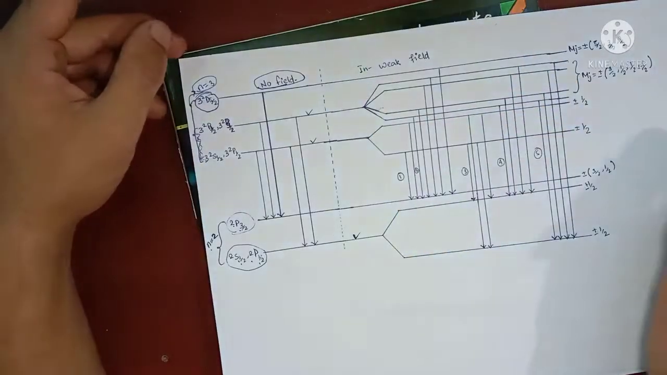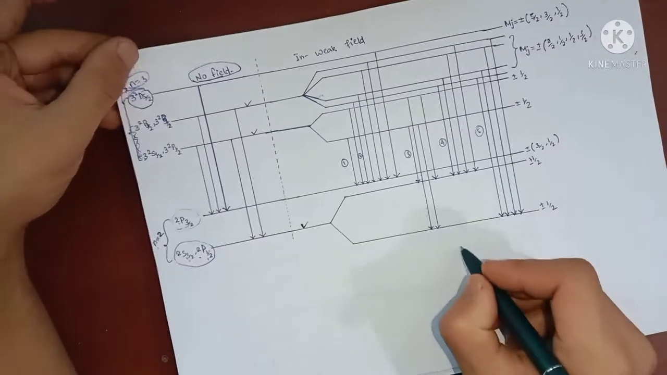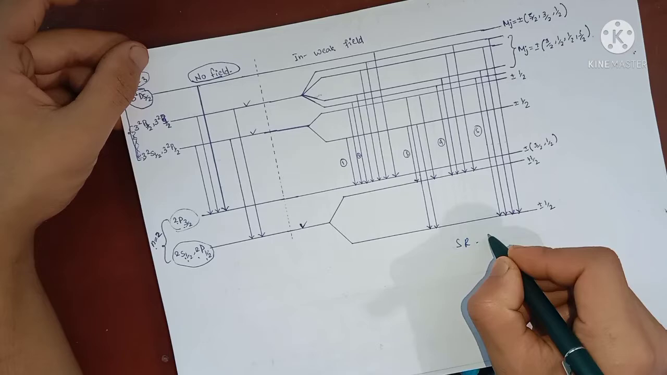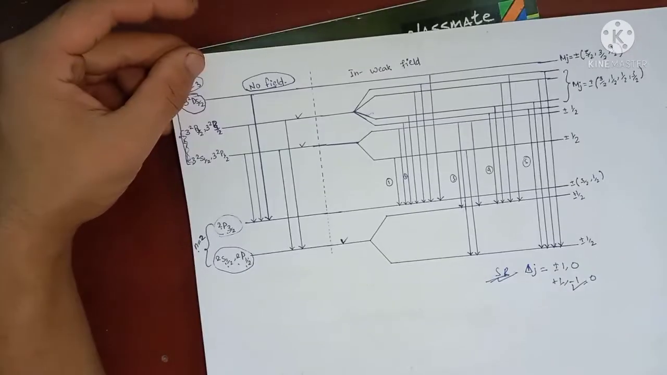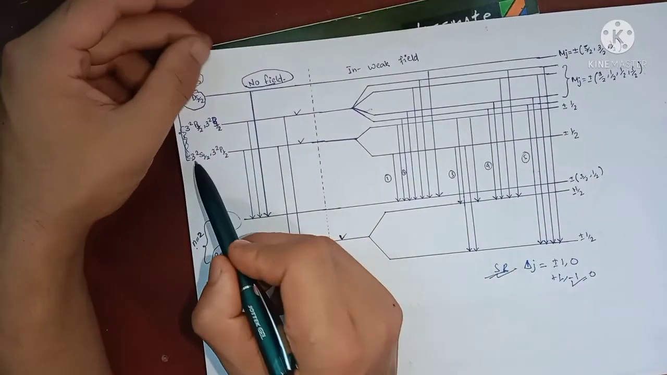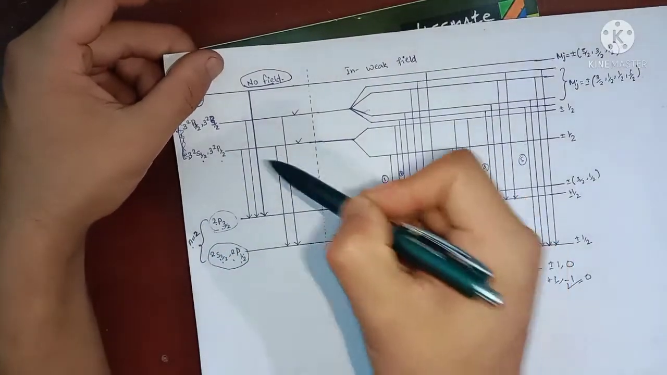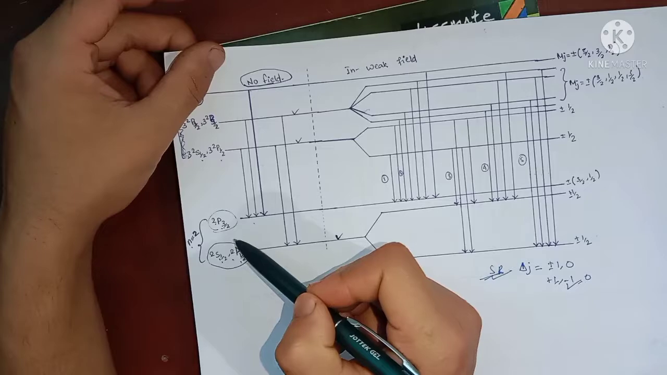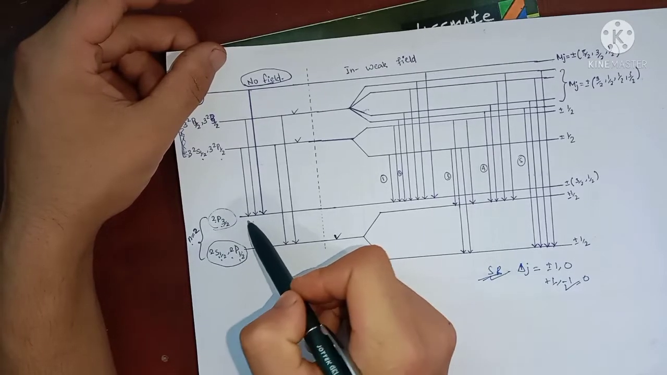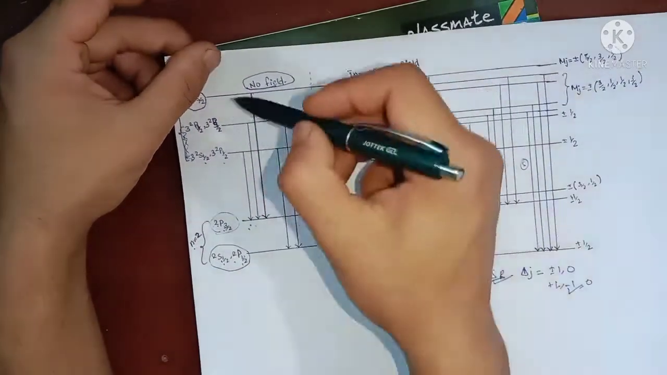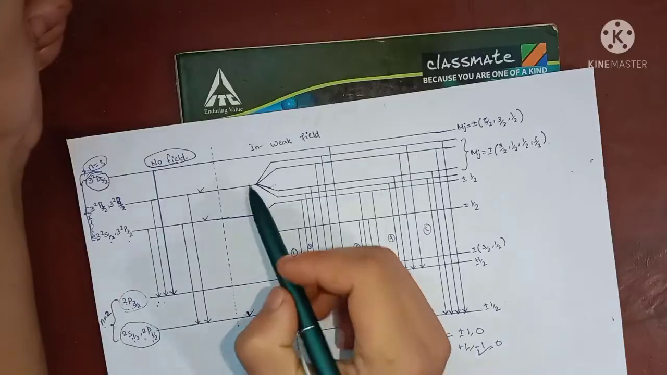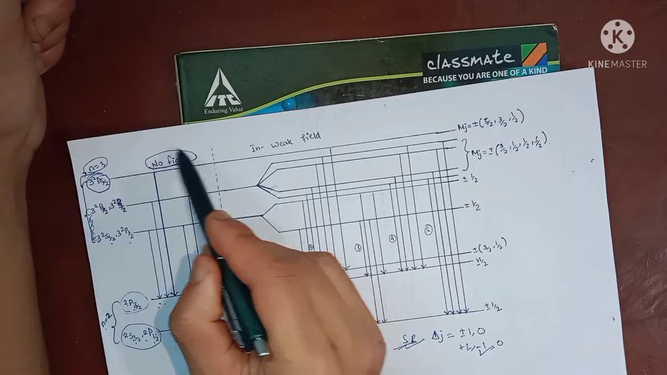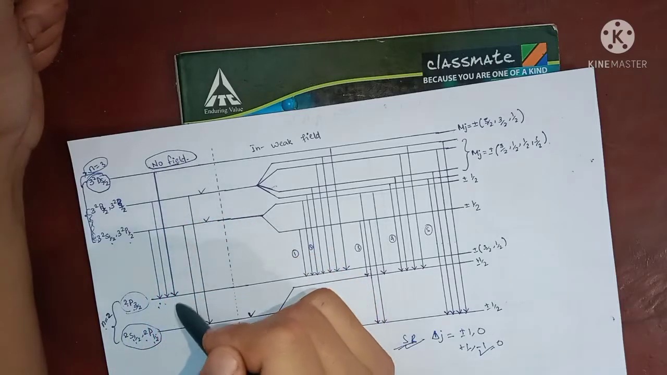To get the transition, we should know about the selection rule, which is delta j equals plus or minus 1. So if we get a transition from 2S 1/2 and 2P 1/2, it will go up to 2P 3/2. It allows the selection rule and it gives the 5 transitions. So we see that if we haven't applied any field, then it gives the 5